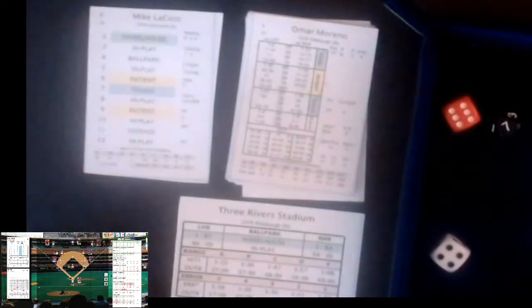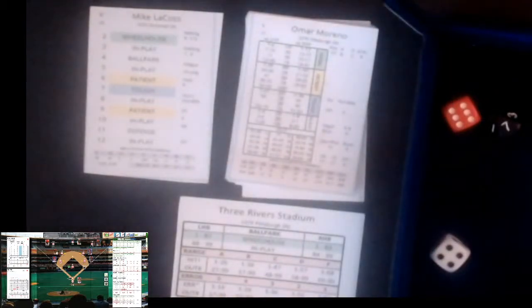Moreno is a B stealer, and I believe Johnny Bench is behind the plate. He has a 2-arm, so it's going to be difficult stealing on Bench. Yeah, that will be a normal. We will not send Moreno at this time. So a leadoff single will bring up